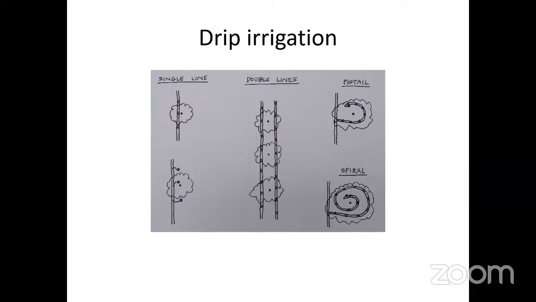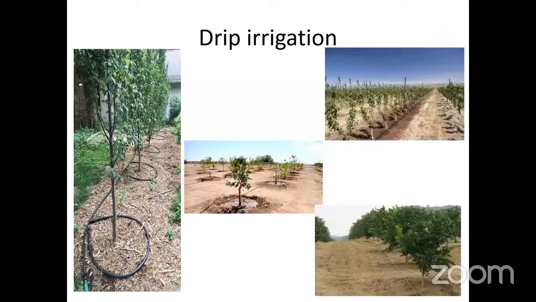For the drip irrigation system, there are some points that we need to talk about, like the distance between the drip lines and the tree trunk. Usually we advise, if it is a newly planted seedling, that it can be 25 centimeters, and then with time you move the drip lines away until it will be 50 or even up to 1 meter.